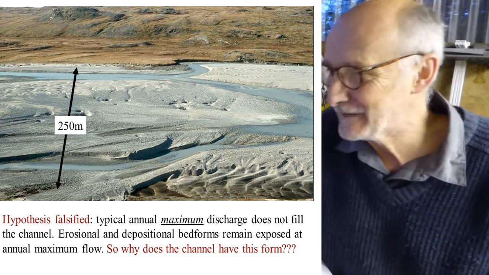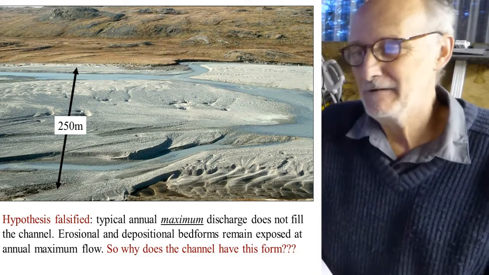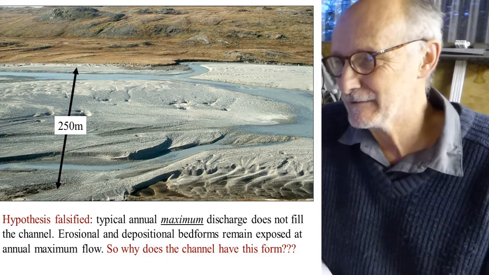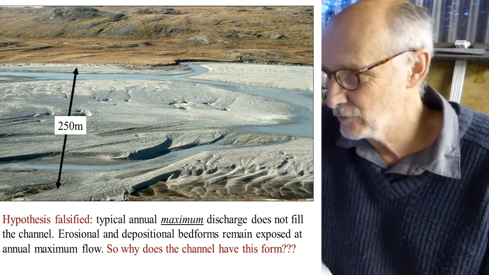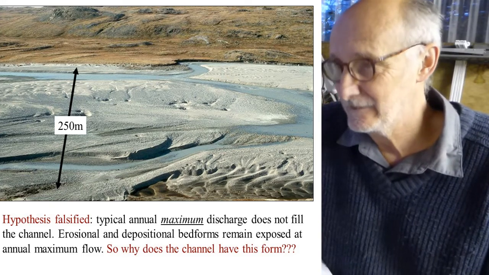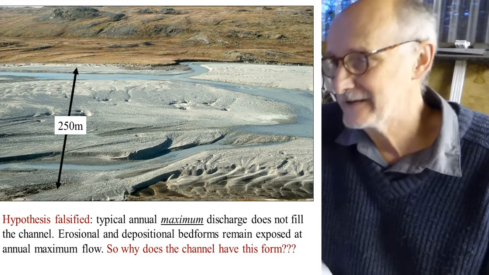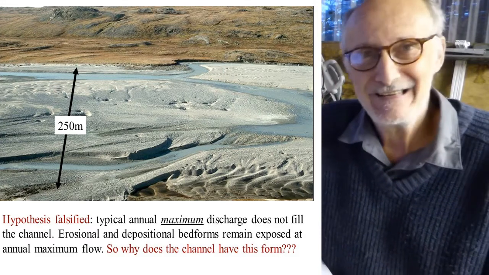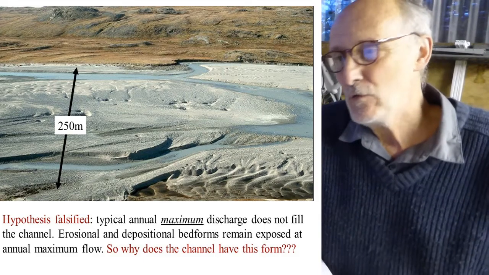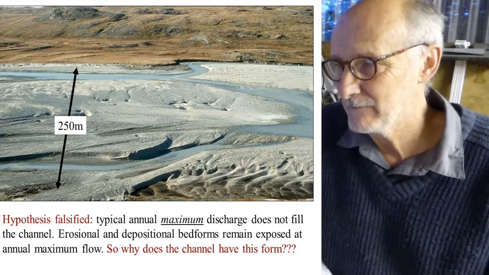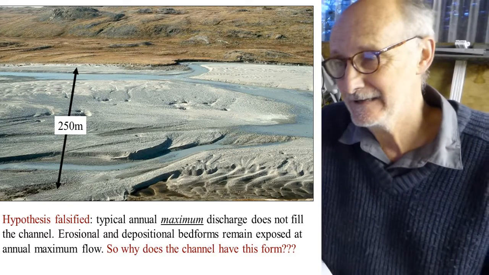Dunes, ripples, all sorts of things, but at the scale of metres and tens of metres in size, far exceeding anything that you would associate with the amount of water that's going through that channel right there in that photo. And that channel was photographed in the middle of summer, when you'd expect the discharge to be at a maximum. So why does that river channel have that morphology? It doesn't appear to be matching the river that's flowing through it.